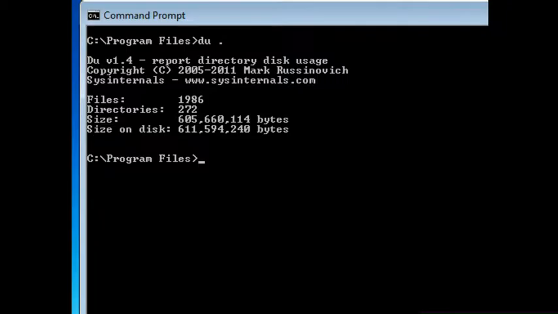Now, the size on disk may be larger or smaller. If the drive is compressed, or the folder structure is compressed, size on disk will typically be smaller. In this case, this indicates that there's a bunch of small files which take up a bunch of clusters. So there's a lot of empty space there, taking up more space on the disk. If you want to see more detail,